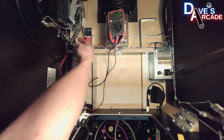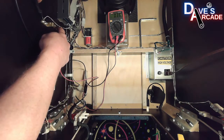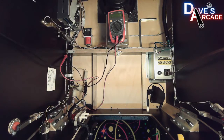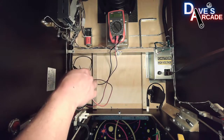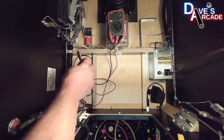So when I move this tilt bob over and touch the sidewall, now I have connectivity. So that's just another way of showing you how that works. Same thing if you were trying to find if there was a break in a wire somewhere as you're